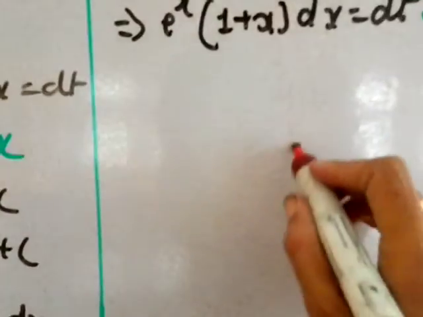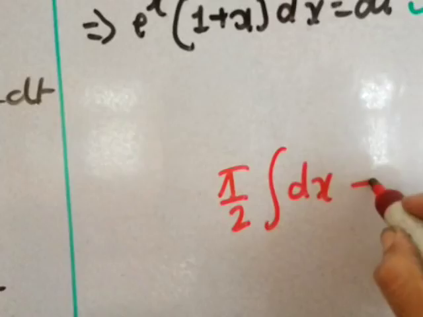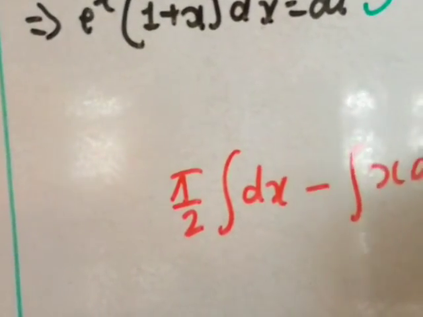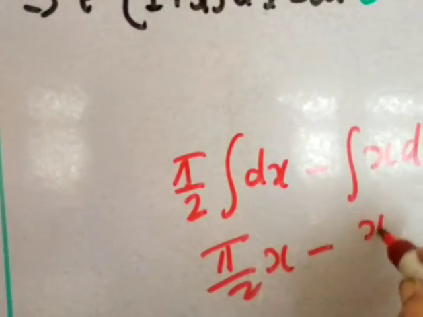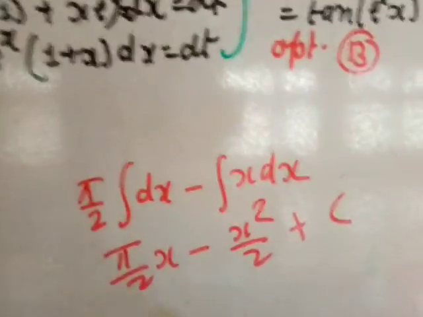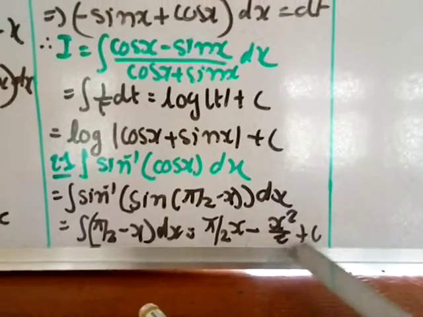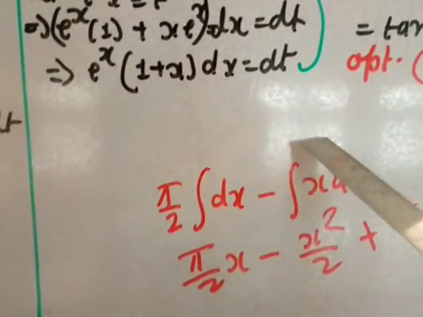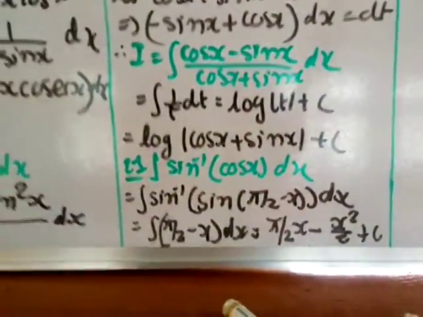So it comes to be like this: the integral of pi by 2, which is constant, take out of the integral, dx, minus you are getting the integral x dx. So this comes to be the integral of dx is x, and here comes x square by 2 plus c. I have written this directly here. I have not shown this integral separately, but directly I have written this answer, but you can see that it is done in this way. So pi by 2 into x minus x square by 2 plus c. This I have used the formula x power n, because x is x power 1, so 1 plus 1 is 2, divided by 1 plus 1, that is 2. So that is the answer for question number 21.